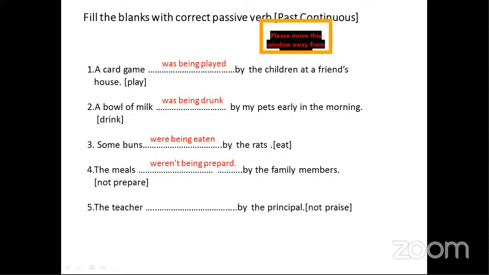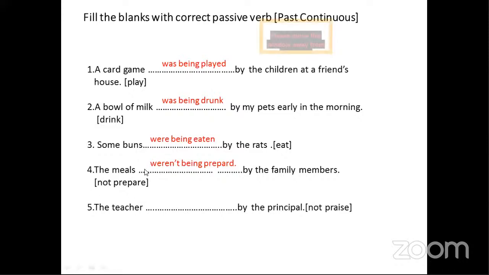The meals. And here, now just check inside these brackets. If a "not" is given like this, "not prepare", what does it tell you? It's the negative form. Negative means "not". Then not prepare, so you have